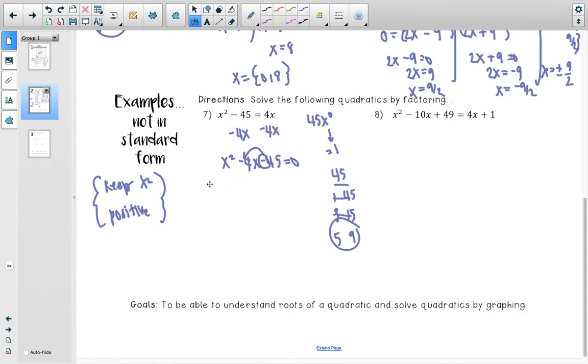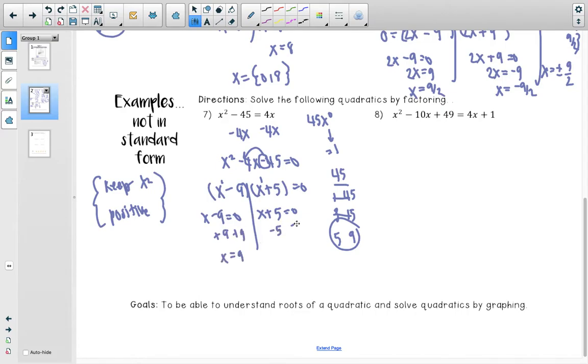And since the operation in front is negative, it means the larger term is negative. So (x - 9)(x + 5) = 0. We can't factor any farther because it's x to the first power and x to the first power. So we're going to set each of those factors equal to 0 since we're done factoring, and we're going to solve them. So add the 9,